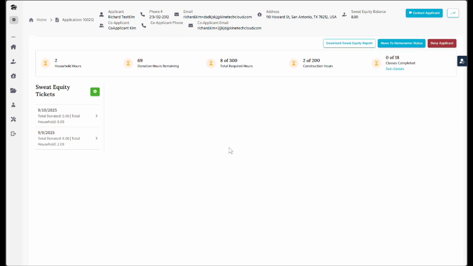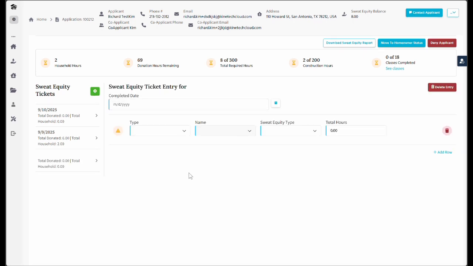And here you'll see in the header the information of sweat equity that has already been entered, as well as a list of sweat equity tickets that has been entered previously. If you would like to enter in a new sweat equity ticket, you'll have to click the green plus icon of Create New Entry. And after doing so, you'll then be prompted to fill in the completed date,